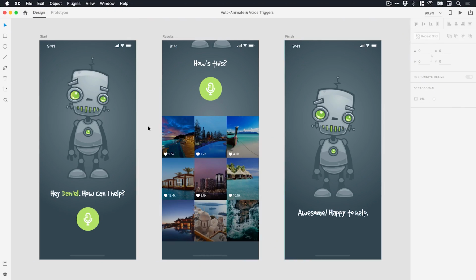In this video we're going to jump into the latest version of XD, the new update if you will, and check out some of the new features, and I'm going to show you how to use them. So we've got auto animate, voice triggers, drag gestures and more. It's going to be super awesome. Let's jump into it. Rightio, so we're now in Adobe XD and the first two features that we're going to